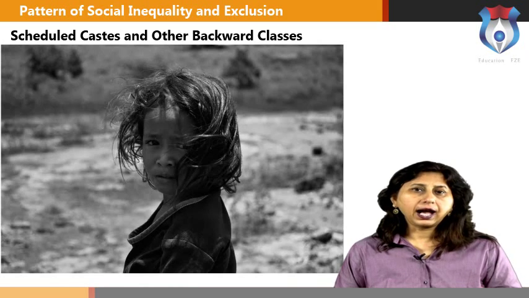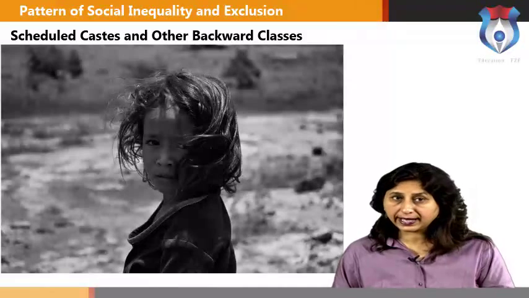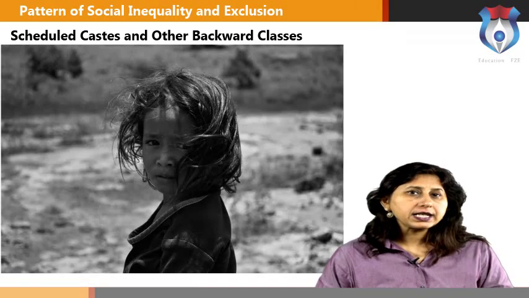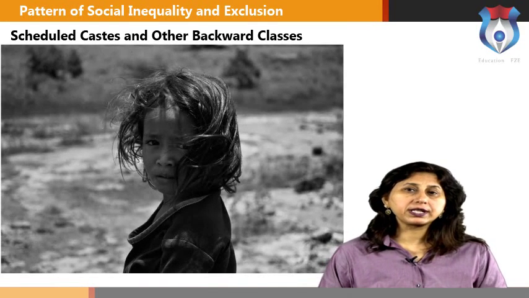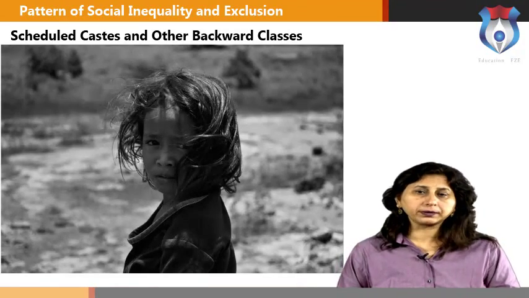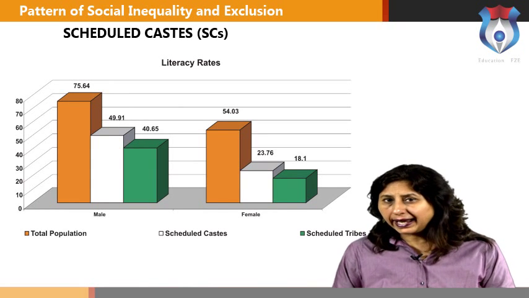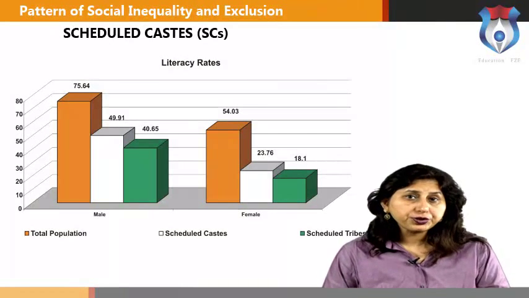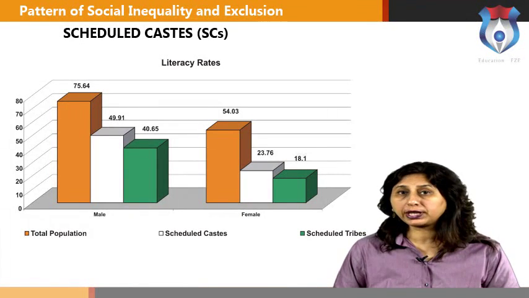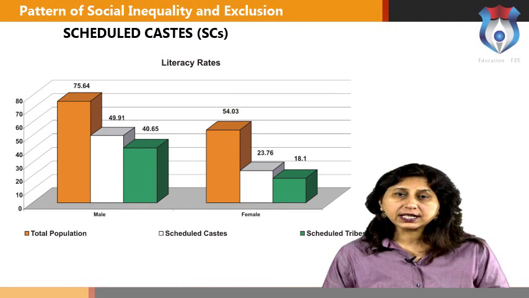For instance, Article 341 for SCs, Article 342 for STs, Article 340 for OBCs, Article 30 which provides the right to minorities to establish and administer educational institutions, and so on. Scheduled castes. Who are they? The SCs constitute 16.23% of India's population. In the past, they have been socially ostracized, economically exploited, and denied human dignity and a